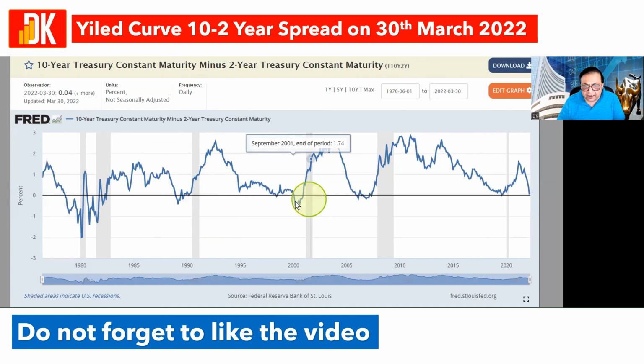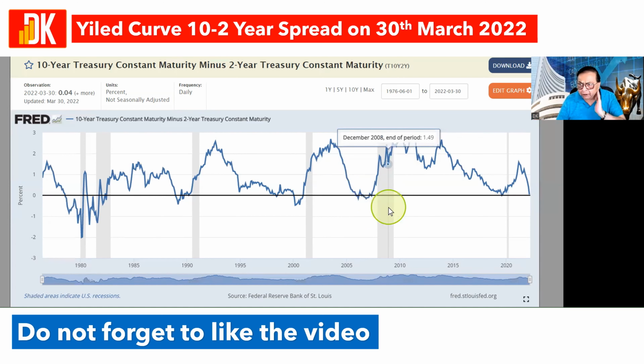So it had inverted here in February 2000. We had seen the bear market, and then friends, here it inverted in 2006, and the phenomenal bear market of 2008 followed by the recession in December 2008 when recession started. In fact, the correction in the bear market ended more or less in 2009. And friends, in the recent time, we all know regarding the yield curve inversion that happened in August 2019, and